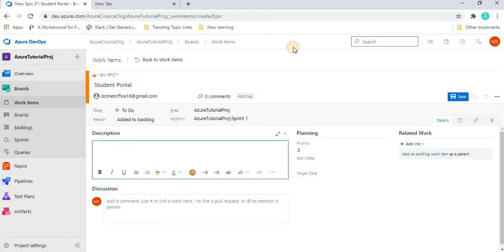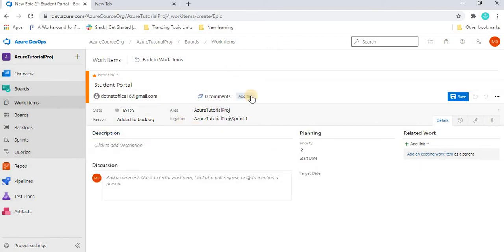Now if you want to tag it, to make something unique, so that you can search for the task or records based on it, you can give it here. Suppose I make it college management. In that way you can tag anything to this, and you can tag multiple keywords here.